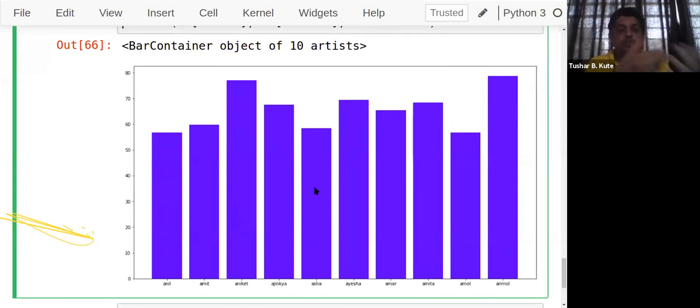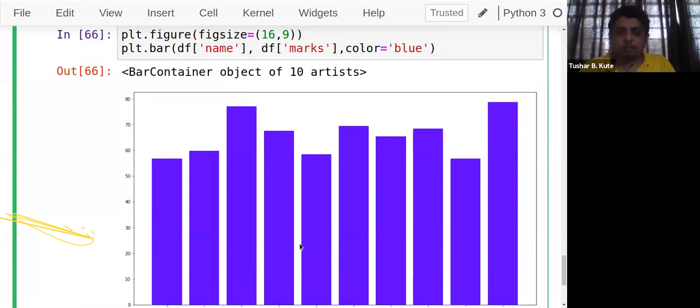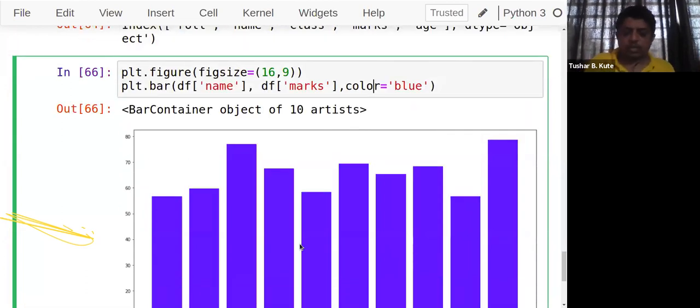So data will come from any kind of entities, but you have to identify what you require on the x-axis and what you require on the y-axis. In the bar plot, on the x-axis we require these names, and on the y-axis we require the marks of those particular students. So it's not compulsory that we use only arrays, but we can make use of the columns of the data frame also. Whatever columns we have in a data frame, we can use this bar plot for all of them, so comparison can be done. Most of the time I use this bar plot for comparing statistical properties. For example, in one of the supervised learning algorithms, I want to find the highest value of that number.